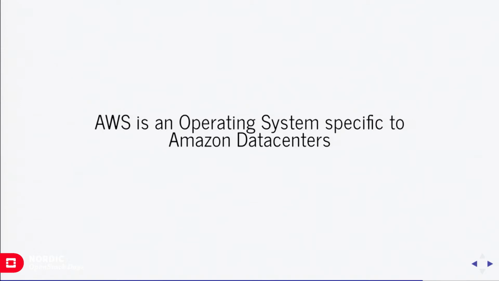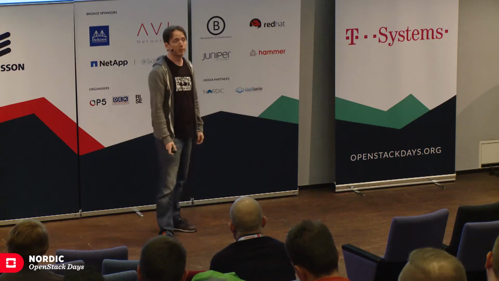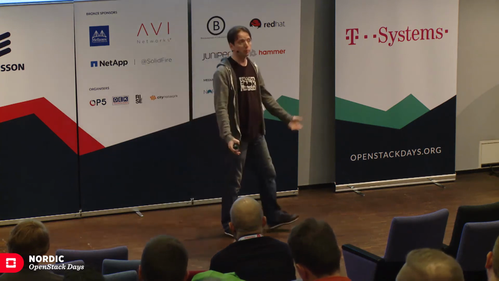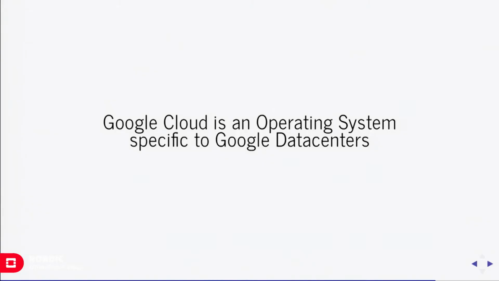AWS is an operating system written for a specific company's specific proprietary computer, if the computer's a data center, right? The data center is a computer. They've built a proprietary piece of hardware, which is however they're stamping out data centers, and they've written an operating system for it. Cool, right? Same thing with Google. Google Cloud is an operating system written specifically for Google data centers, with the computer that is a Google data